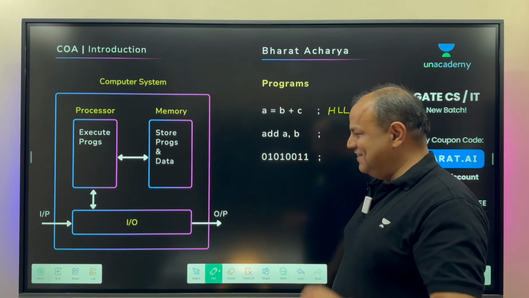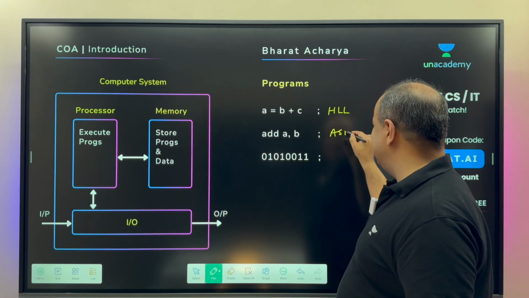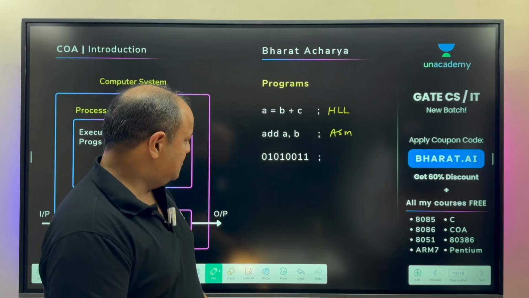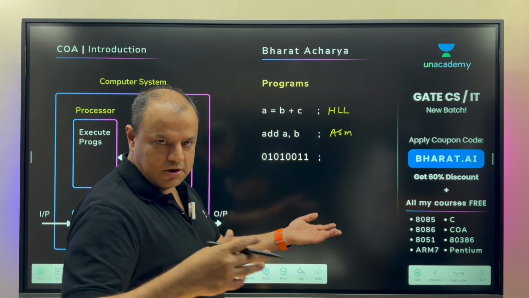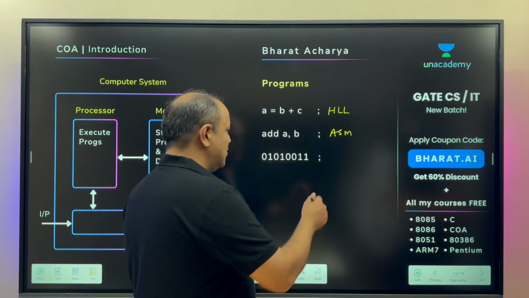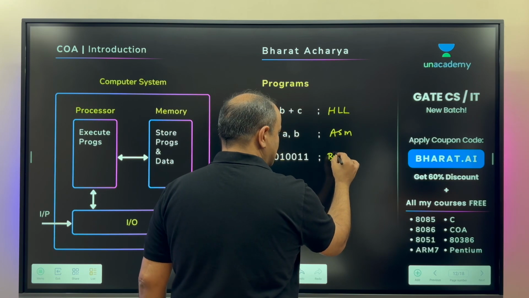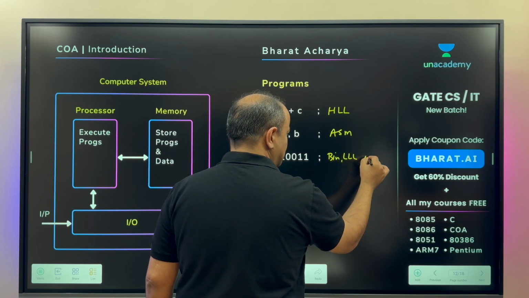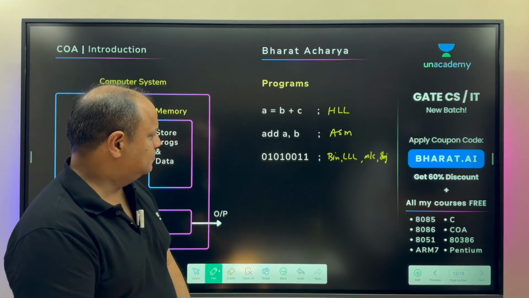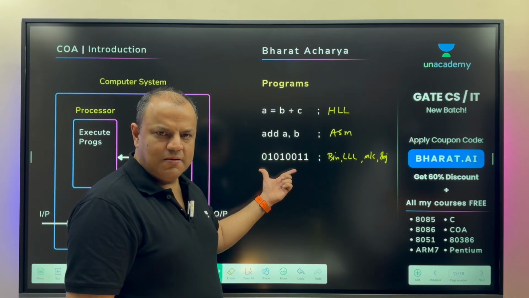Have you seen something like this? Yes, this is called assembly level language. If you learned any microprocessor, instructions look like this in that subject. Or if you learned COA in your lower semesters of college. And this is called binary language, also called lower level language, also called machine code, also called object code, different names meaning the same thing. Now, all programs eventually become this.